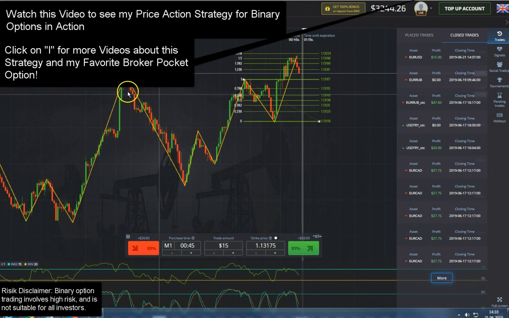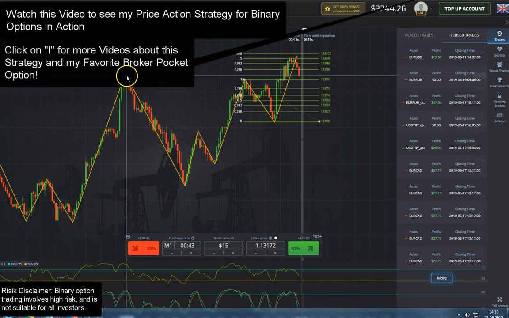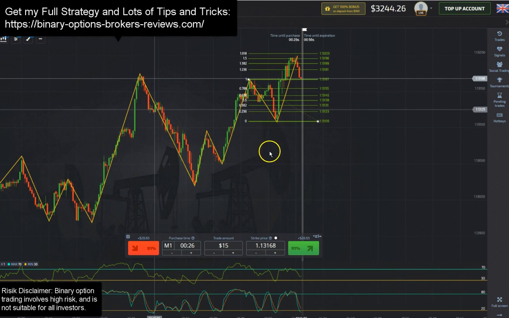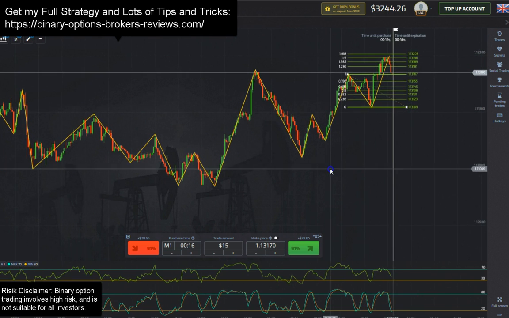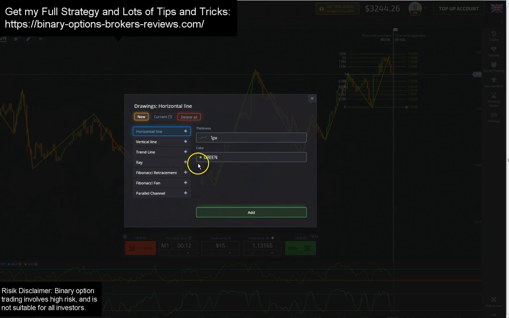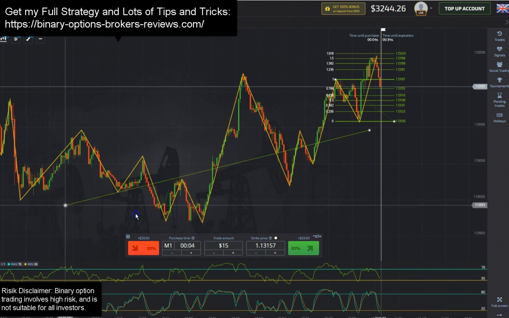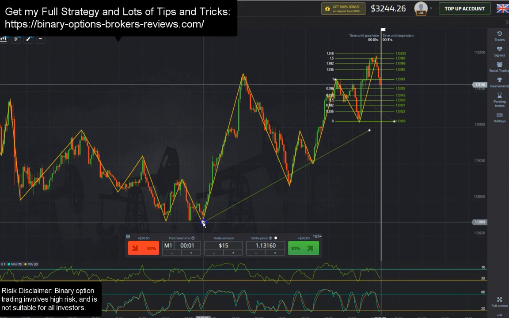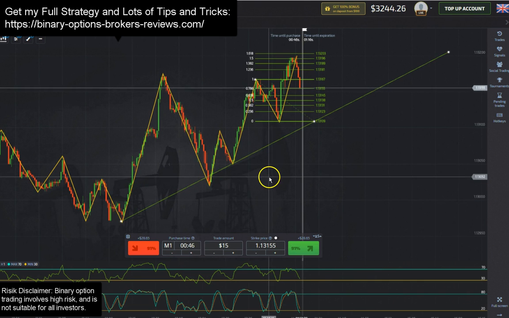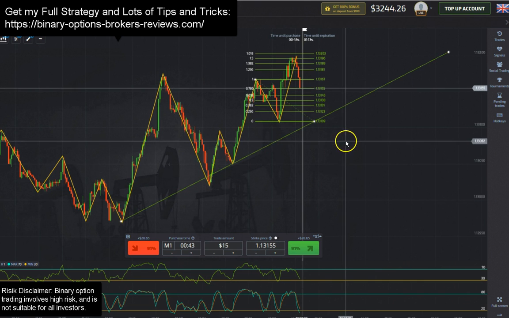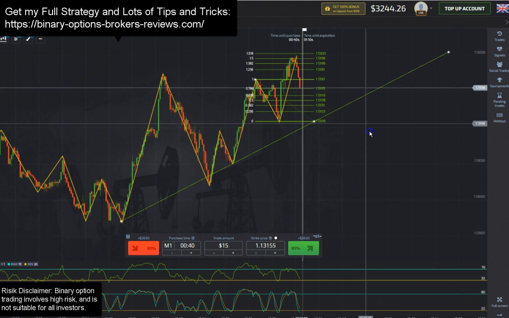As you see, I'm trading with Pocket Option right now. You can see price is in a weak uptrend in the last 2 hours. It looks a little bit stronger. So I will first draw a trend line from this point to this point. I'm cutting here. This is just to see when the uptrend definitively ends.